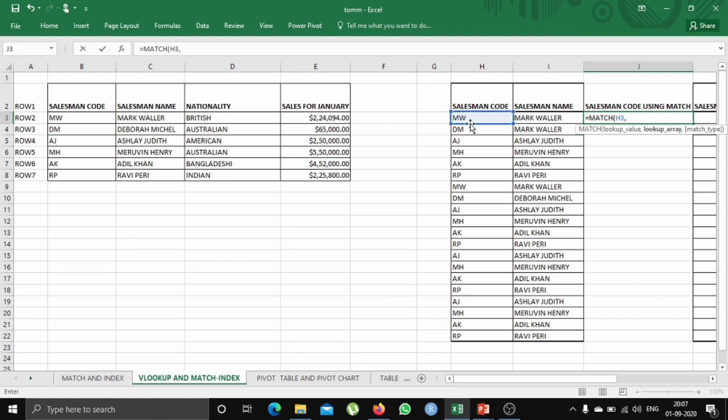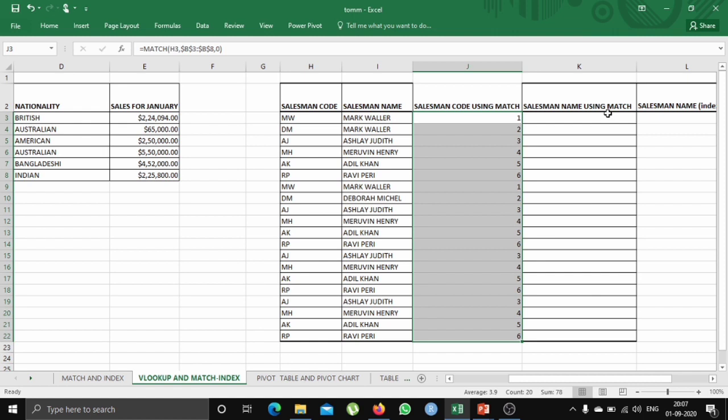So enter dollar B, then dollar 3, then again enter dollar for the end cell of the range and enter 0. So we have got the exact match, and also we have fixed the range for all the cells. Now you can see we have got the data.